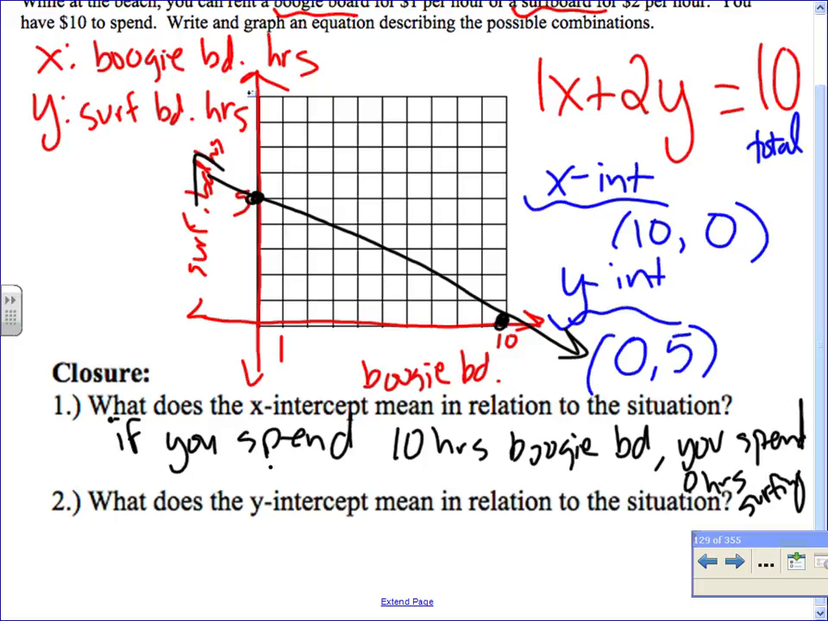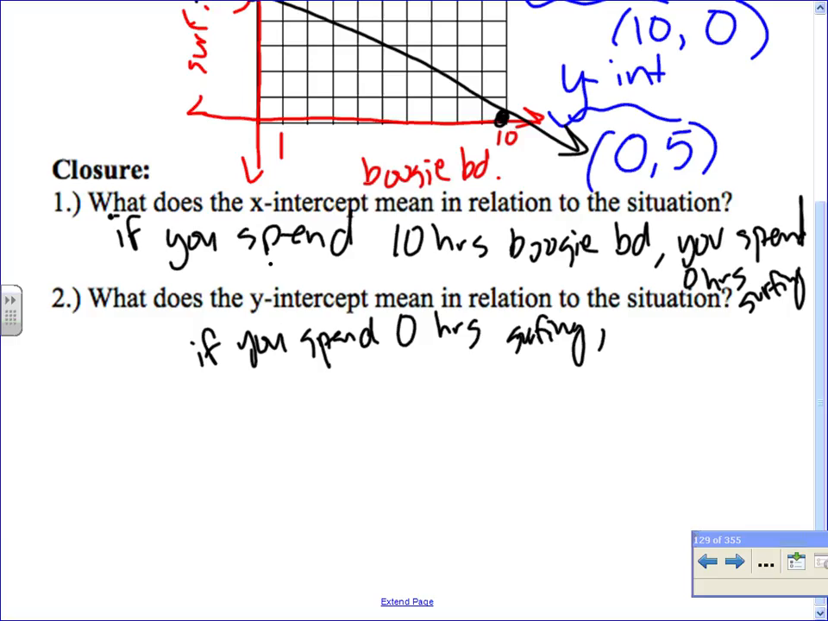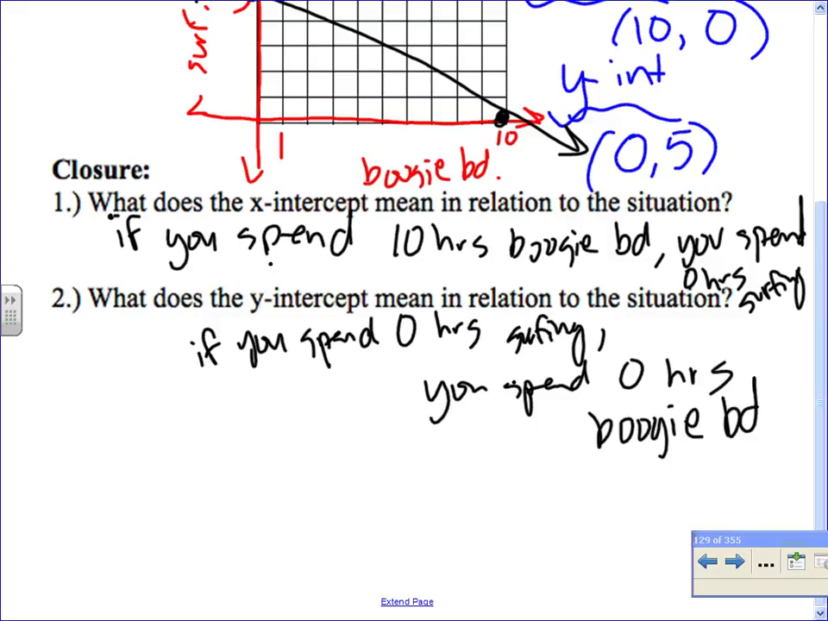So how do we explain the y-intercept? Justin? Good. If you spend 0 hours surfing, you can't boogie board. Or you could say you spend 0 hours boogie boarding. Yeah, right here. Oh, yeah, I thought I wrote 5, sorry. I swear I wrote 5 and it changed. So, what did you say, Donatus? Right. There we go. So anyways, if you spend 5 hours surfing, then you're not going to be able to